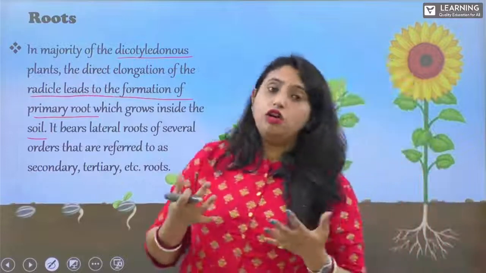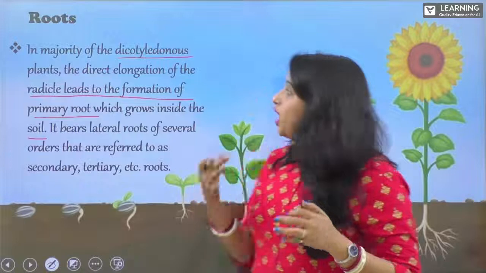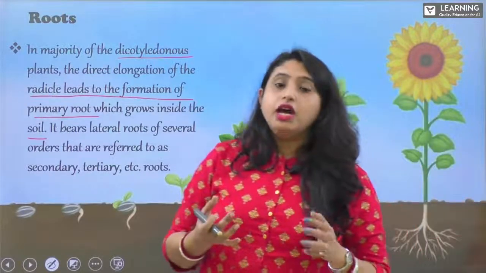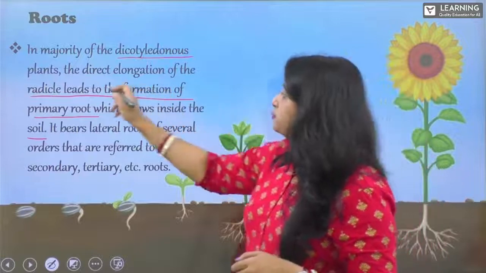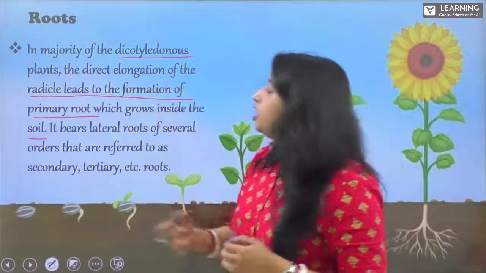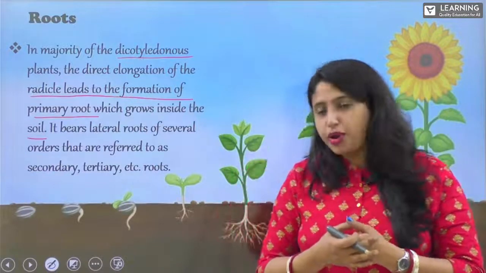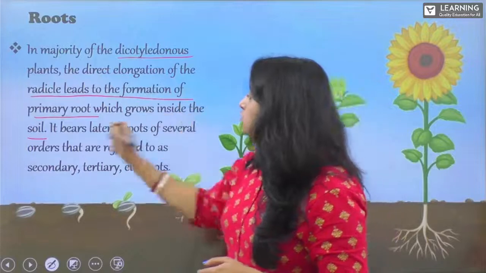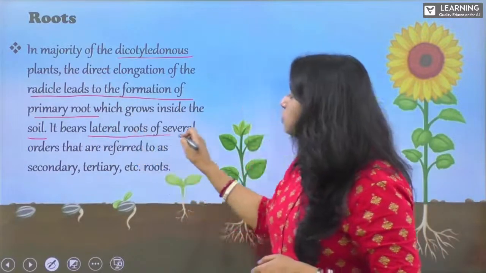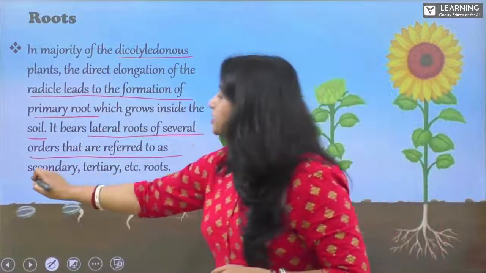An example of a monocotyledonous plant is maize, and dicotyledonous plants are like your China rose. In dicotyledonous plants, there is a direct elongation of the radicle. The radicle leads to the formation of the primary root, which grows inside the soil, and it bears lateral roots of several orders that are referred to as secondary,